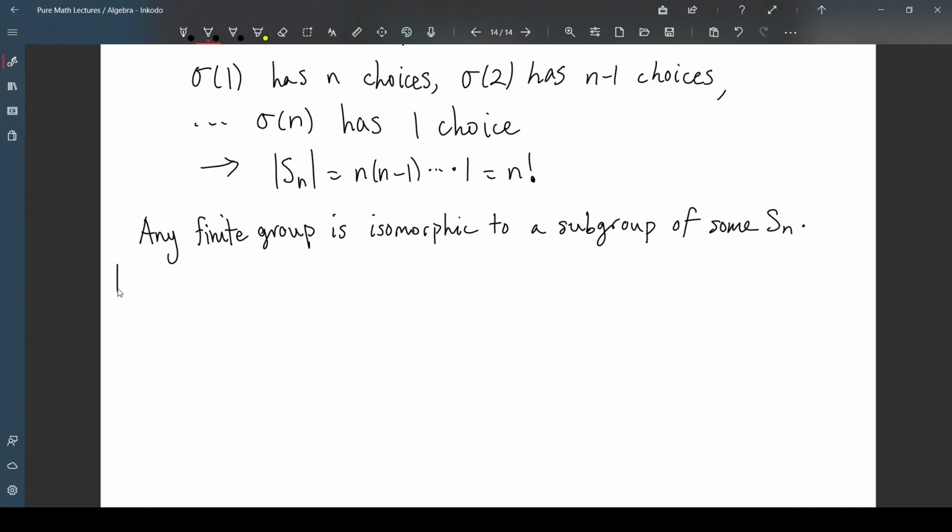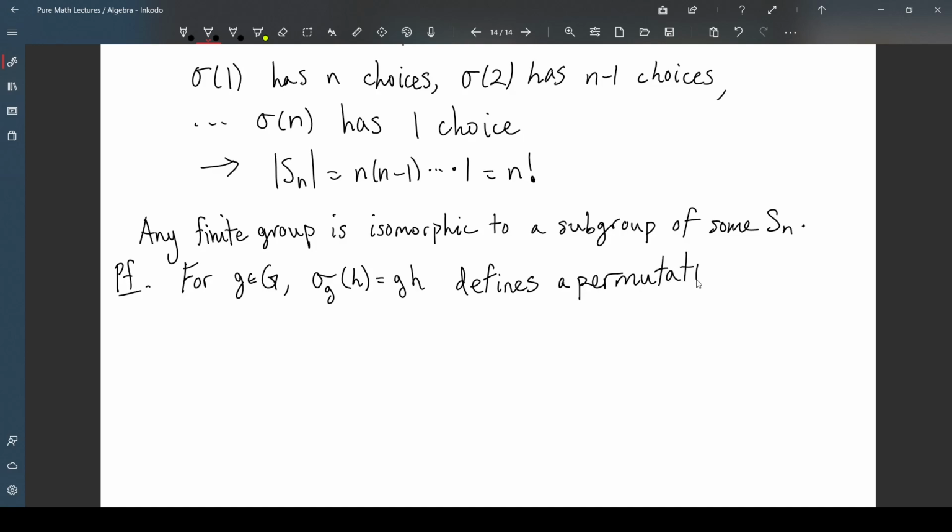Well, the reason is that for g in G, g essentially defines the action of multiplying every element on the left by g, which defines a permutation on